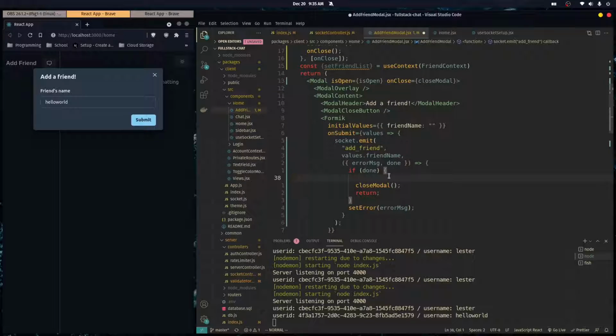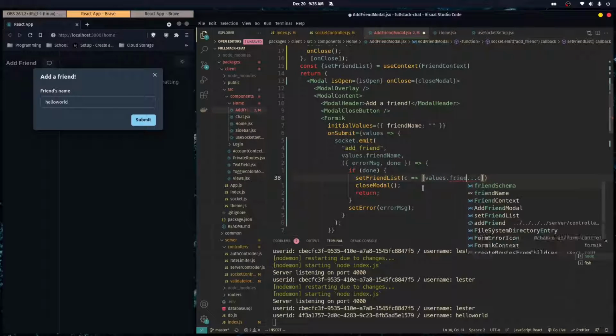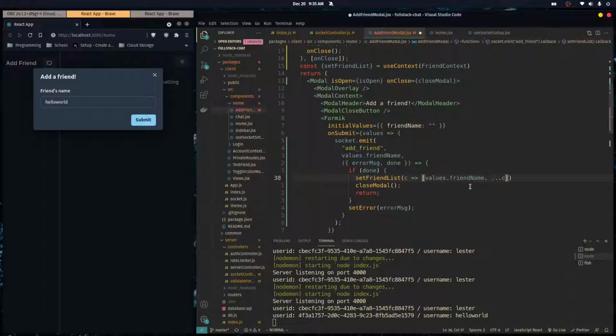So here we would just do set friend list, and it's a function, and it gets our previous friend list, and we can return an array that has our previous friend list, but also the friend that we just added at the top of the list, just like that. And so here I'm gonna add Hello World as a friend,